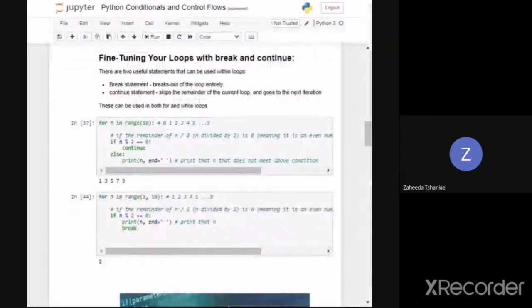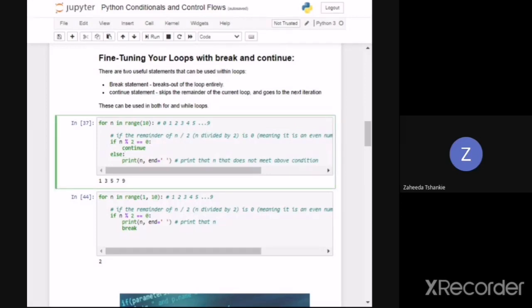So an example I gave you above with the while loop is if, for whatever reason, you have a condition that will never be met, like zero equal to zero, your while loop will just keep running. I don't know if that's a good example, but let's pretend that makes sense. But if you have a condition that will never be met, your while loop will keep running infinitely. So to